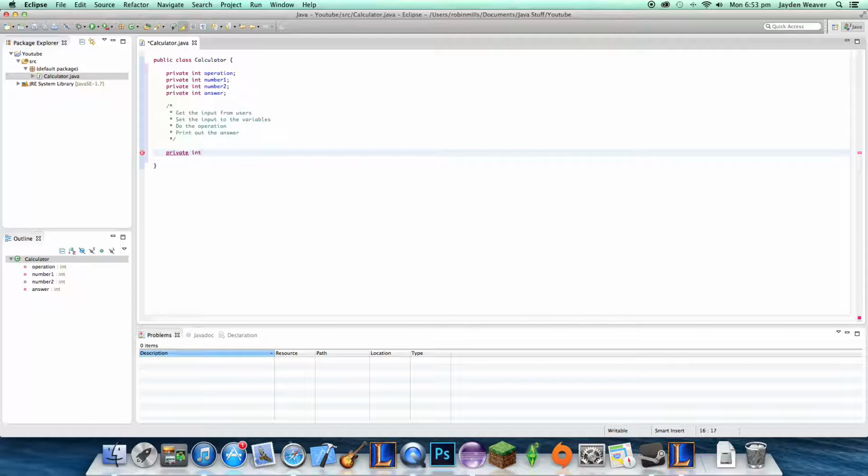It will return an int, because we want to get a number from the users, and then set that to number 1, and then do it again to number 2, and then we'll set another for each operation. So we're going to do, let's just do operation first. So get operation,